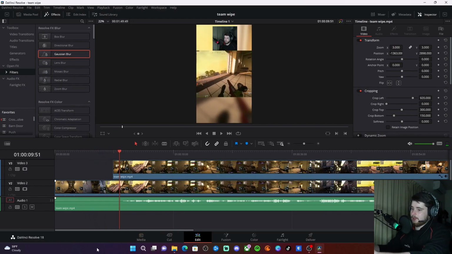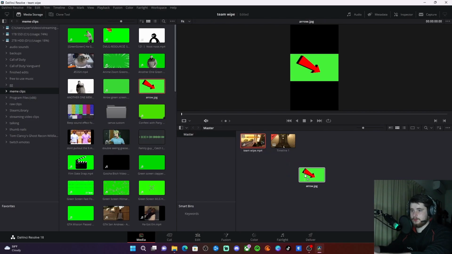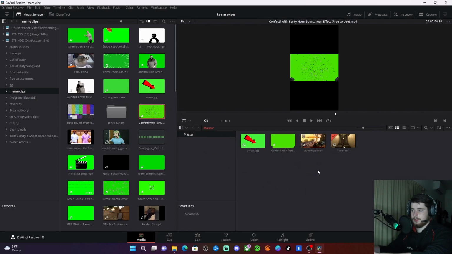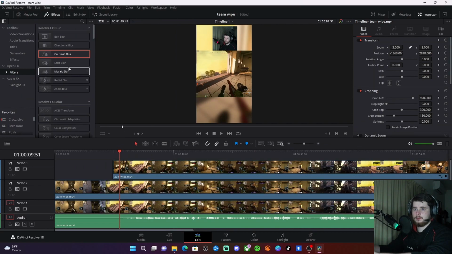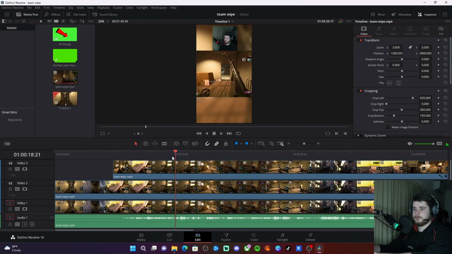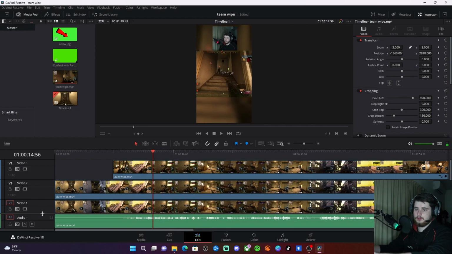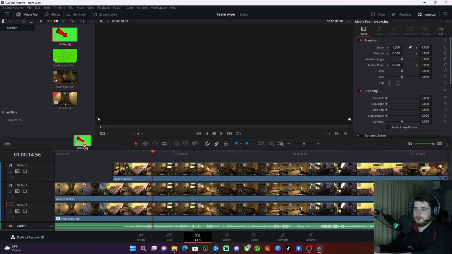If you want to add something like a green screen or a music overlay or a sound effect or anything, simply go back to media, go into wherever you store that, drag it across like so, back into edit, media pool, drag your playhead to the point where you want it here, and the same again, drag this